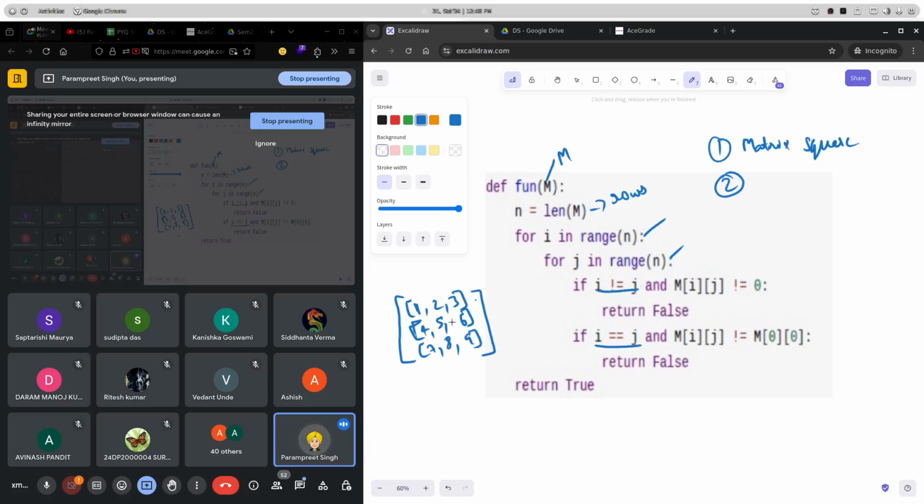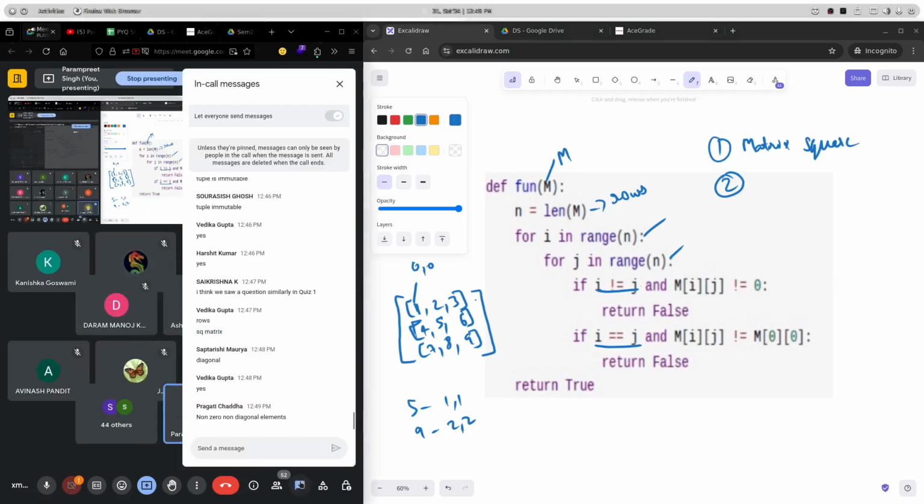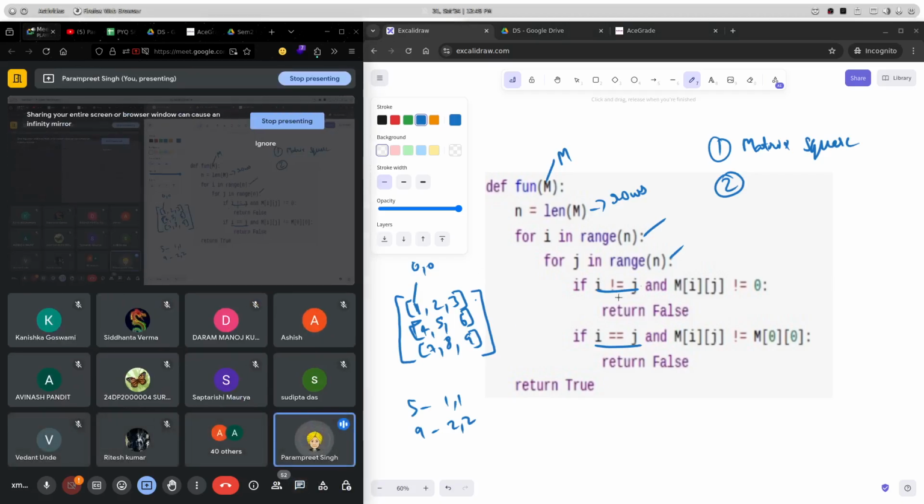At the diagonal only the indices are same, right? For this the index is 0, 0. For the 5 the index is 1, 1. For 9 the index is 2, 2. Right? If we go for zero based indexing. And what it is doing here is considering only non-diagonal elements. That means 2, 3, 4, 6, 7, 8. And it is checking if m of i of j is not equal to 0, return false. That means for all the non-diagonal elements,